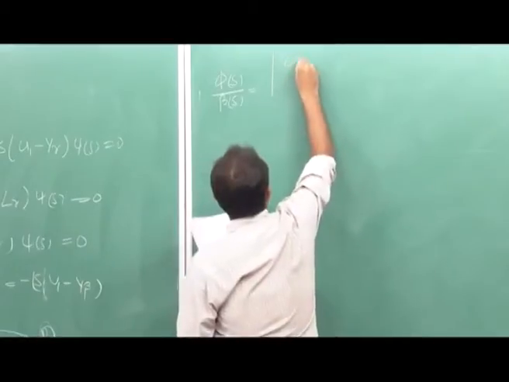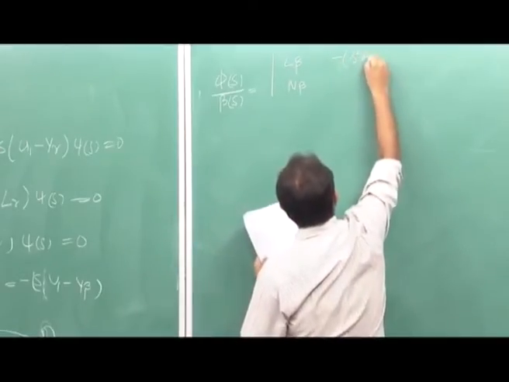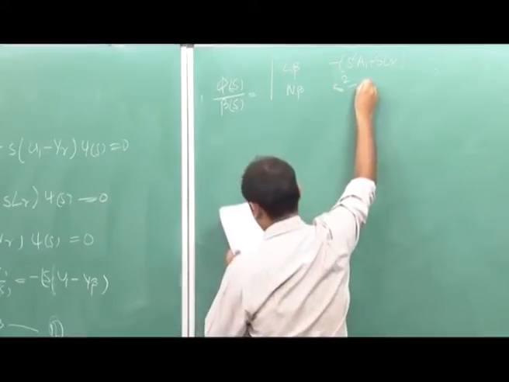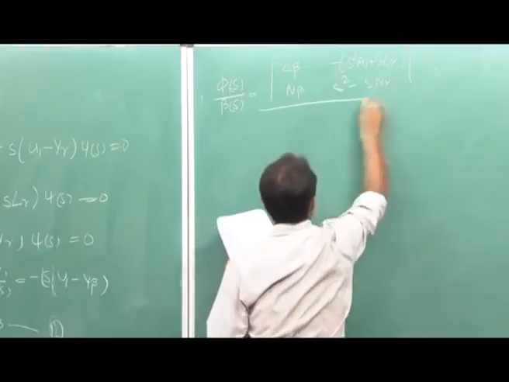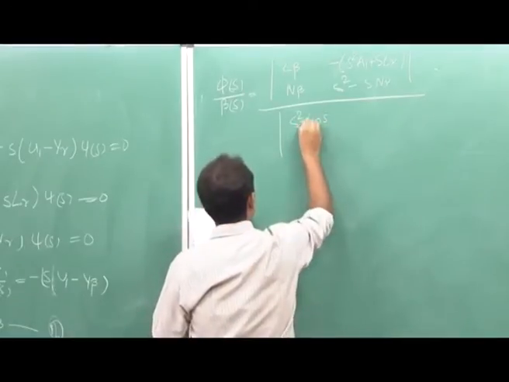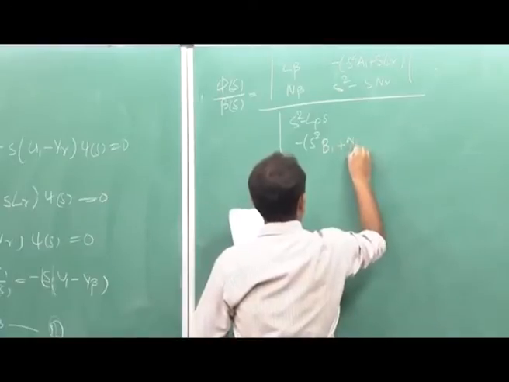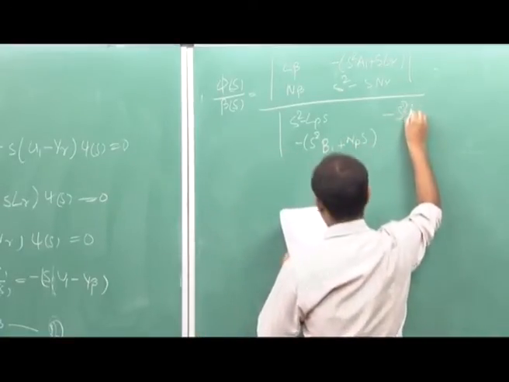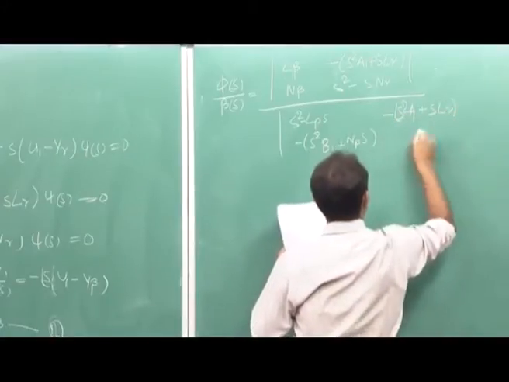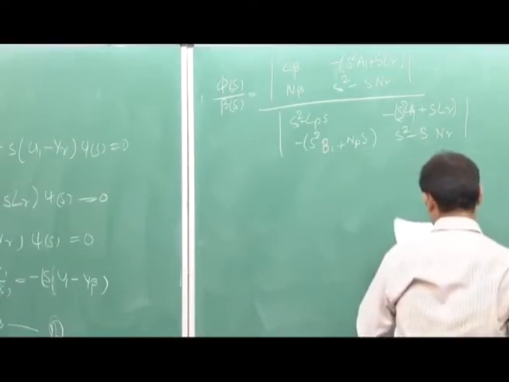It will be the determinant of L_beta, N_beta, minus s square A1 plus s L_r, s square minus s N_r, divided by the determinant of s square minus L_p s, minus s square B1 plus N_p s, minus s square A1 plus s L_r, and s square minus s N_r, which will give